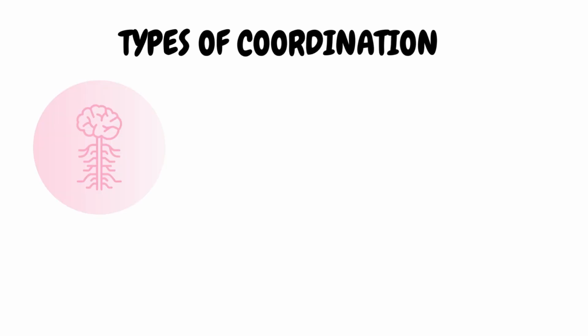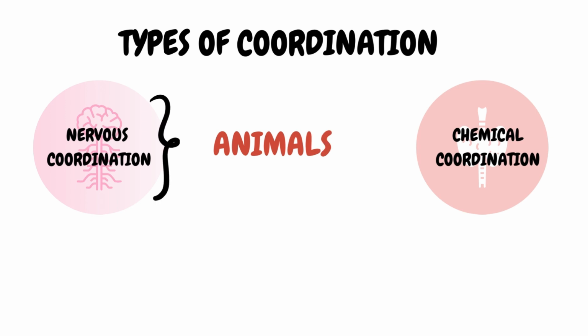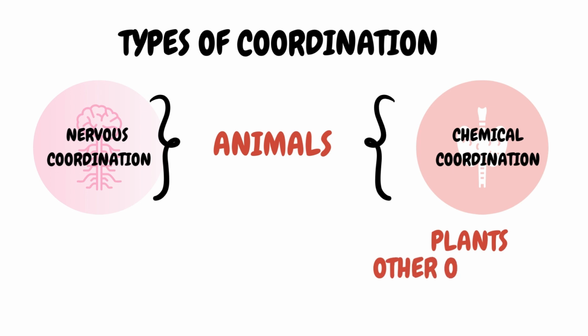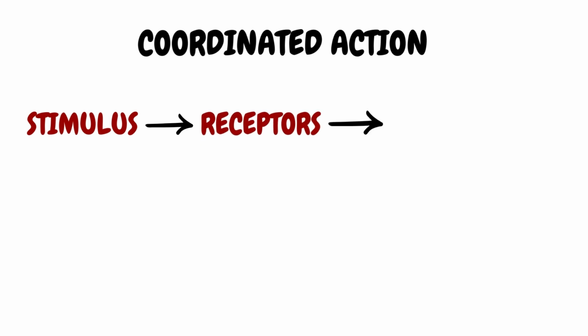There are two types of coordination in an organism: nervous coordination that involves the nervous system, and chemical coordination run by the endocrine system. Animals, including humans, have both nervous and chemical coordination, while plants and other organisms have only chemical coordination. To understand coordination, first it is important to know the 5 components of a coordinated action, which involves stimulus, receptors,